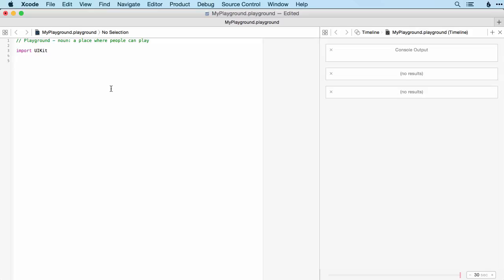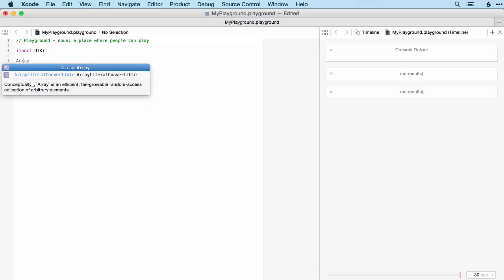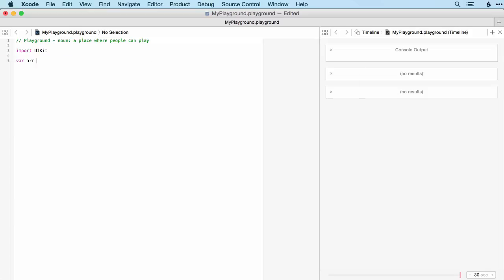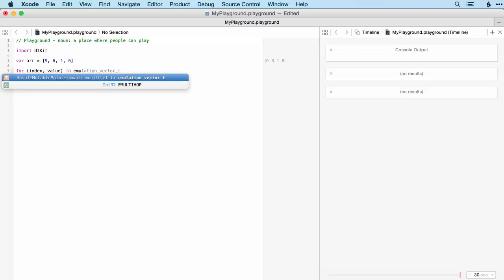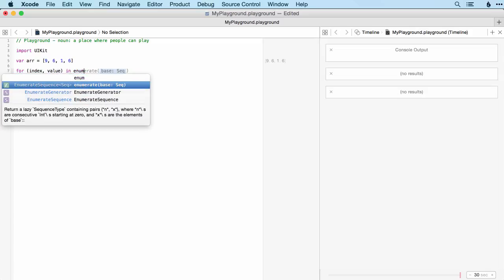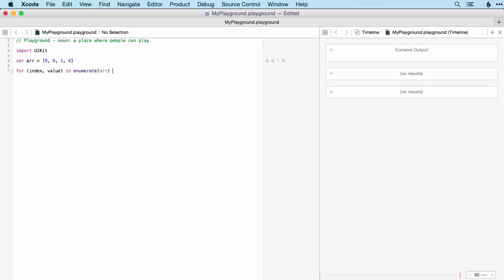All right, how did that go? Should have been fairly straightforward, I think. So I'll use my standard array, and we'll go for numbers like that. And then we just need, so index, and this time I'm going to use value just to make it slightly clearer what this thing is. It's the value of the array, and we want to enumerate our array,